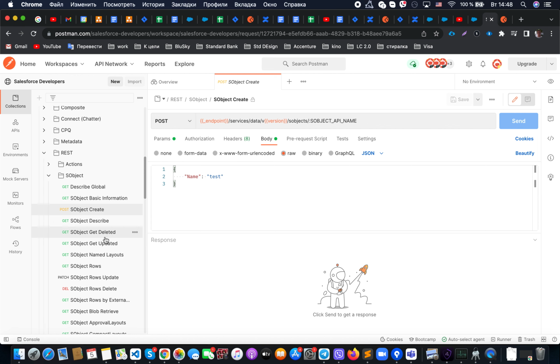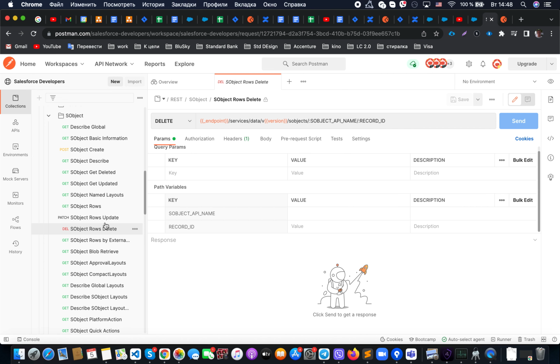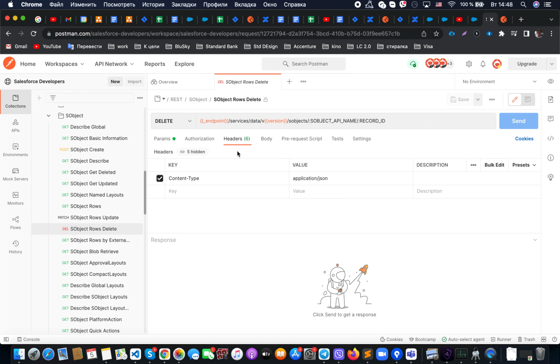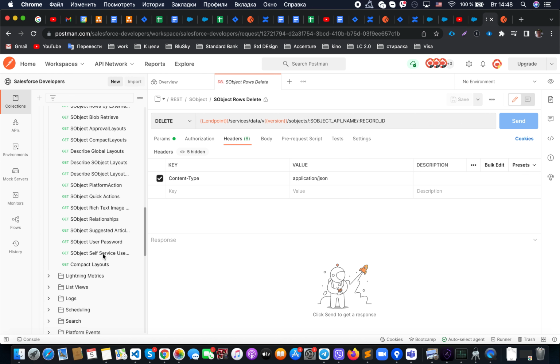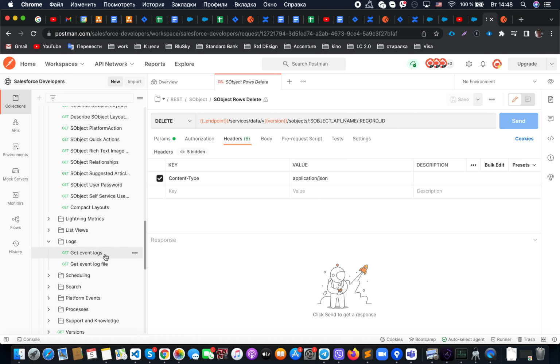The same goes for any other kind of operation, for example SObject rows delete: what kind of URL it should be, what kind of headers should be used. So all this stuff we can find from here, and it's, let's say, a pretty useful library for us, because we can not just perform basic operations, but also, in terms of debugging or integration, for example,